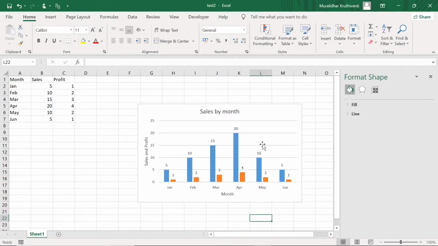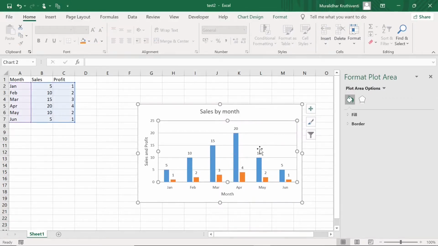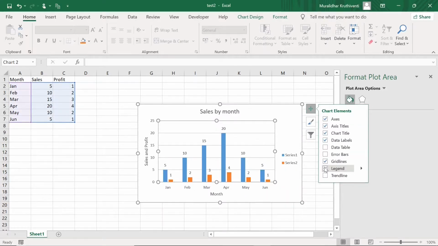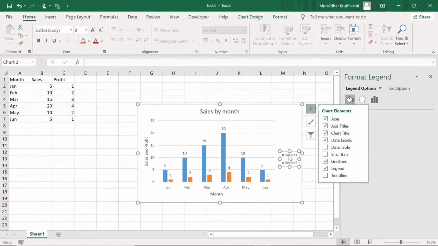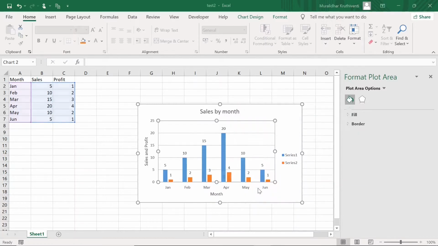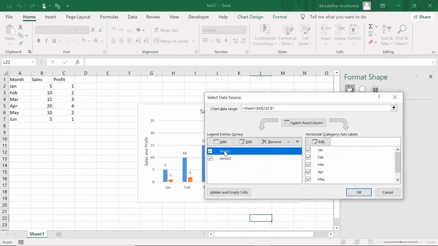And to represent these sales and profit for the columns, I'll select this area and click on the chart elements. I select legend. So here we are seeing series 1 and series 2. We can know that series 1 is in blue color, which is sales, and series 2 is orange color, which is profit. Let us right click on this chart and select data,